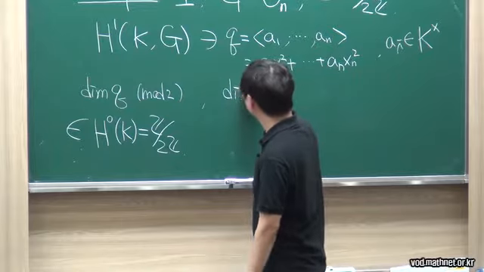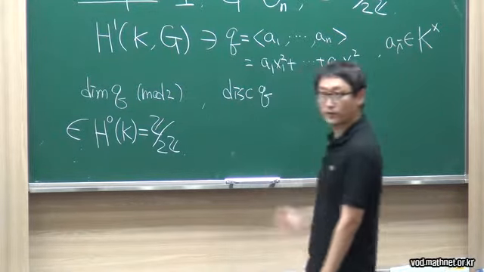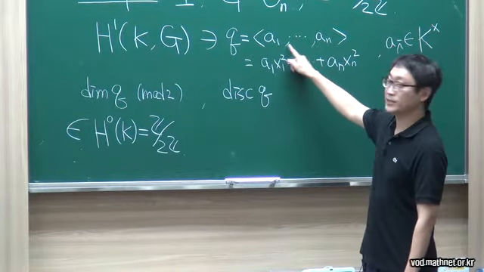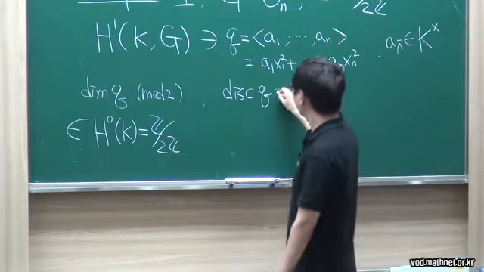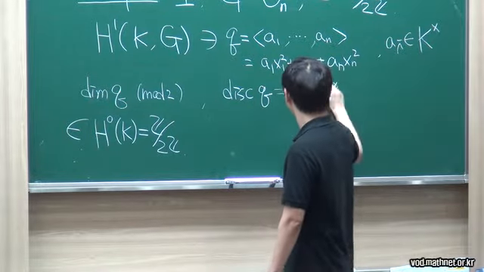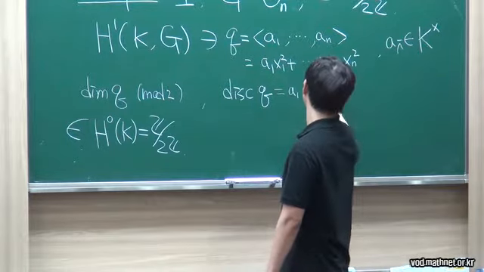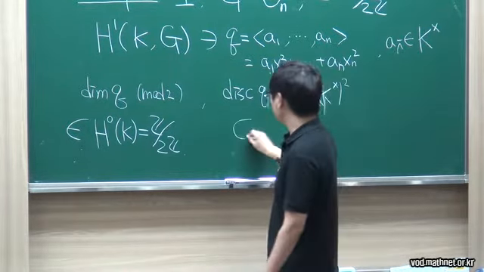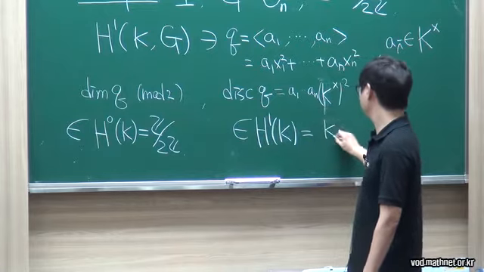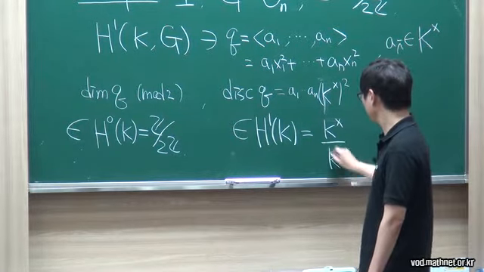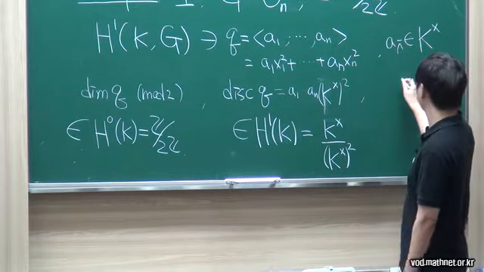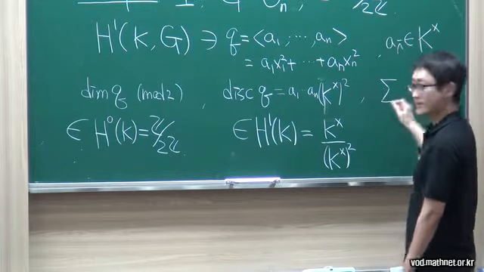And we also have the discriminant of the quadratic form, which is just the square class of the product of these a_i. This is in H1 of K. And for degree 2,